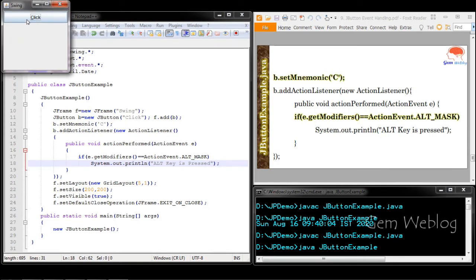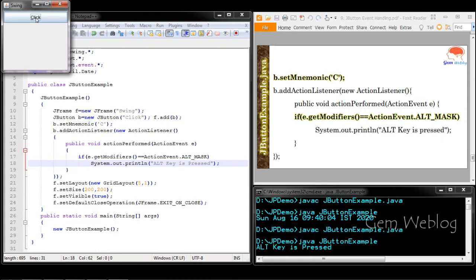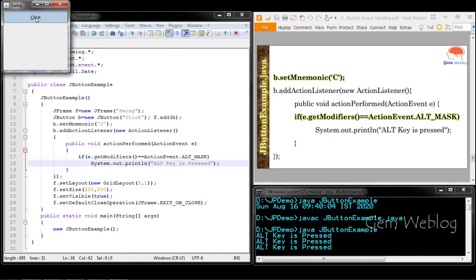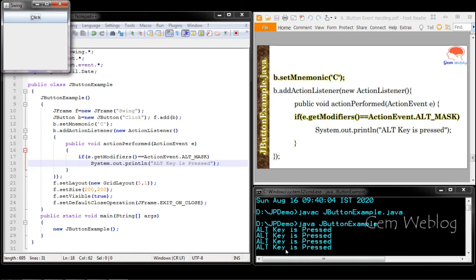By clicking the button, I am not able to see the Alt key is pressed message. Another way I can perform the action is by pressing Alt C, since the mnemonic has been set to C. So whenever Alt C is pressed, Alt key is pressed is displayed in the console, since we have made the task that if e.getModifiers is the Alt key, it will display this message.